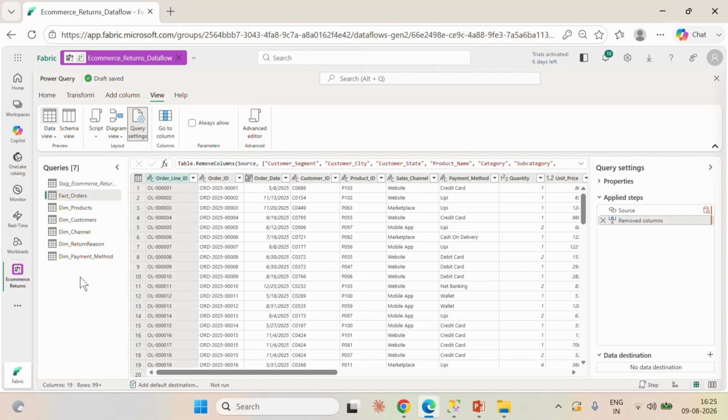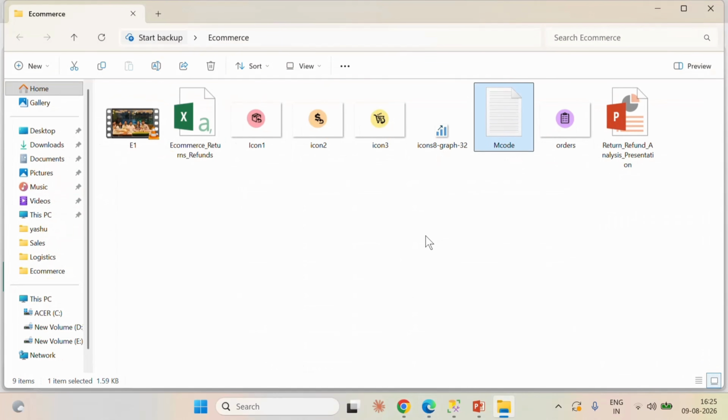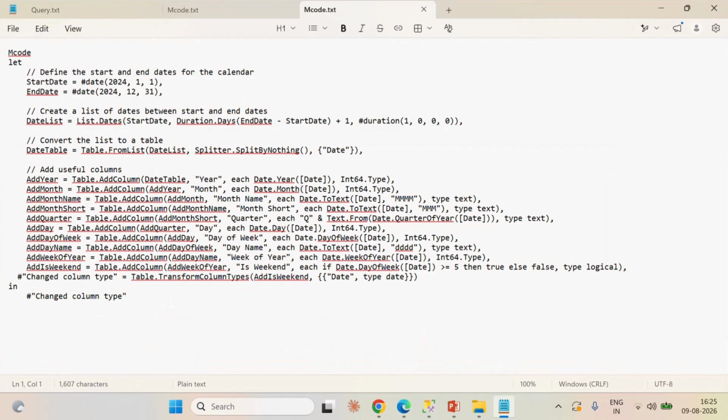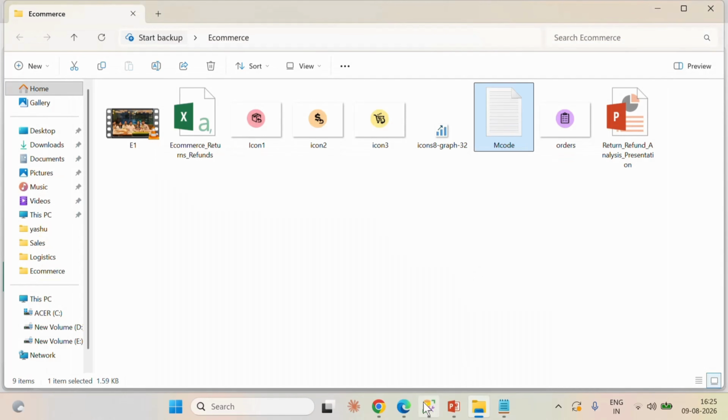Again, we have to create one calendar table. So the calendar table we are going to create with the help of an M code. Already I have an M code. I will provide this M code in the description. You can also copy and replicate the same. So this one is the M code. Let me copy this M code, and with the help of this M code we are going to